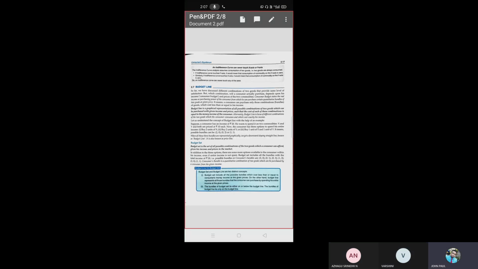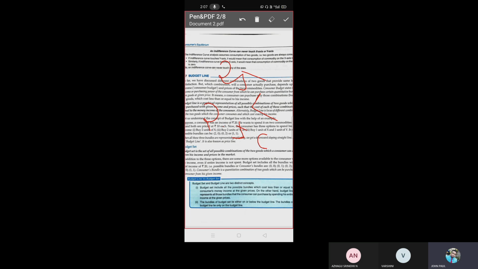Is it possible for me to buy that food and eat? No, right? So the budget line is about income and price. Budget means planning; we plan in advance. If we are constructing a home, we plan in advance what the budget is: 25 lakhs or 2.5 crore, it depends.